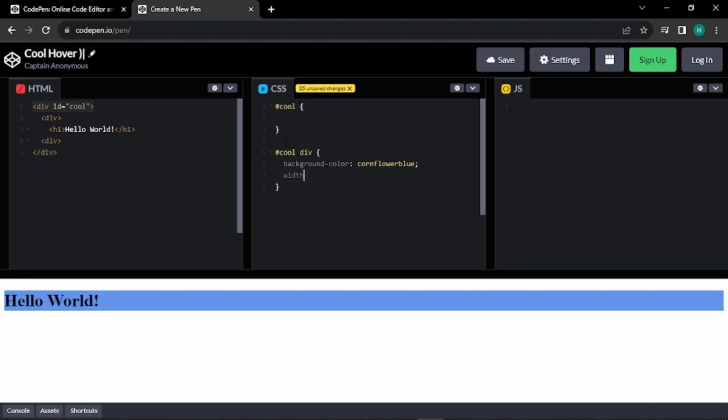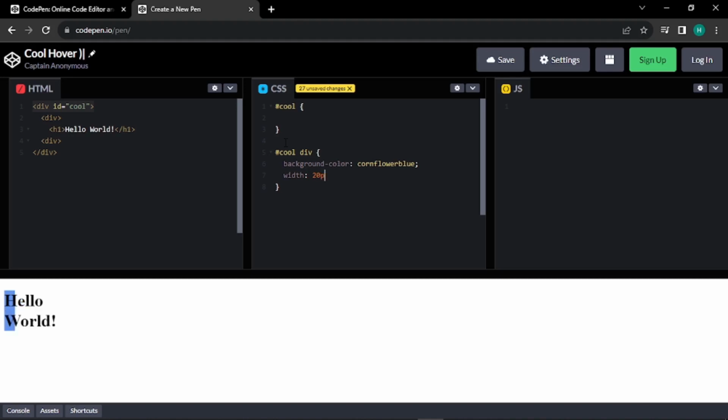So I'll have to decrease the width. The width is just way too big. I'll set the width to 20% of the viewport width, maybe increase this to 30%. Now, if you